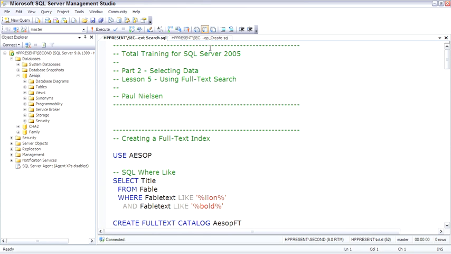Full text search is one of those features that you either love or you wonder why in the world it's there. Depending upon your application, you may find this is a pretty cool feature. So let me show you first why you might want to use full text search. The where like allows us to search for any word inside of a string by putting a wildcard before and after the word. So if we switch to the Aesop database,